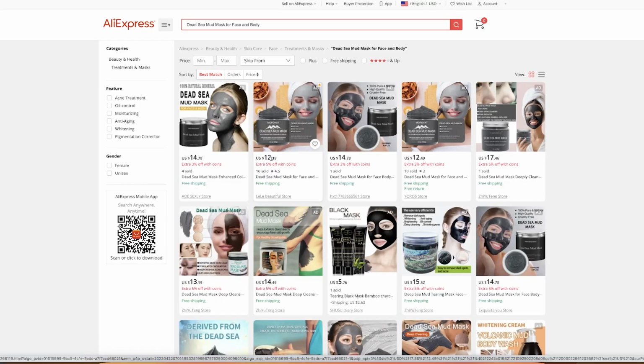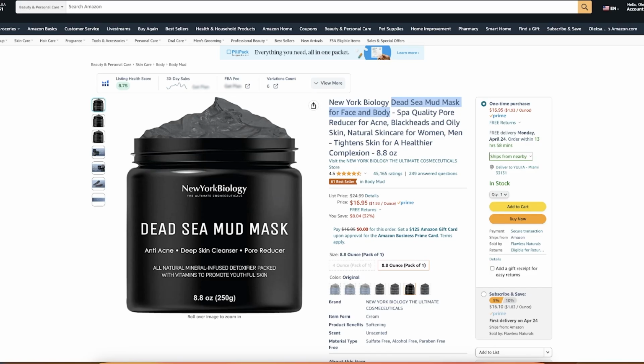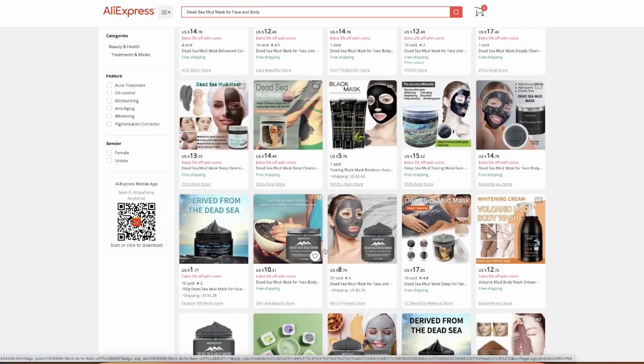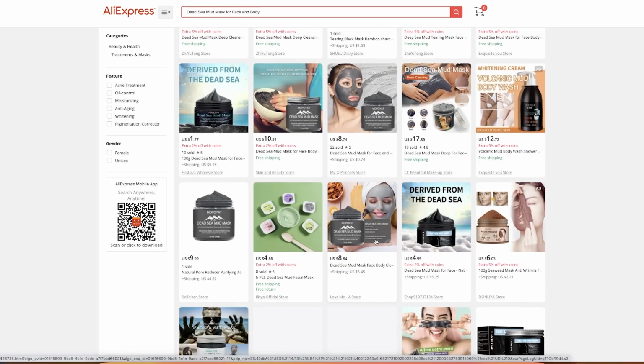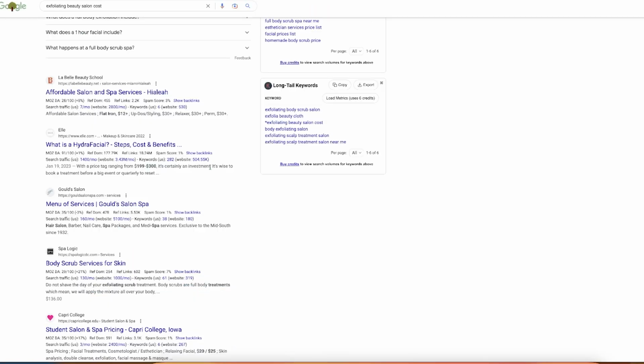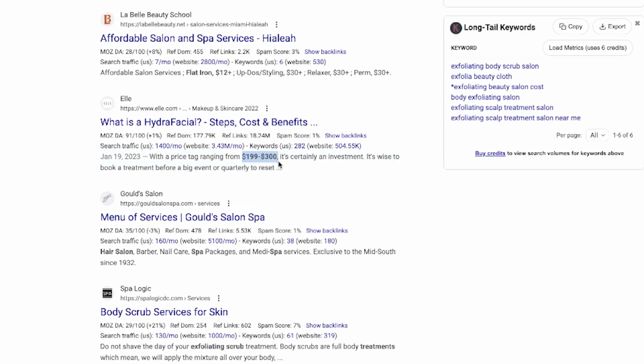I have a few suppliers, so $12, and on Amazon this product is sold for $16. The margin is quite slim here. I would probably look for something that I can source cheaper, but even then, if I bundle these products together, I would sell this for probably $150 because it's literally the whole routine, and this routine would replace some of the very expensive procedures that people would do in salons. Certainly an investment. Look at this. One-time procedure would cost as much as having this device, being able to use it for months and months.